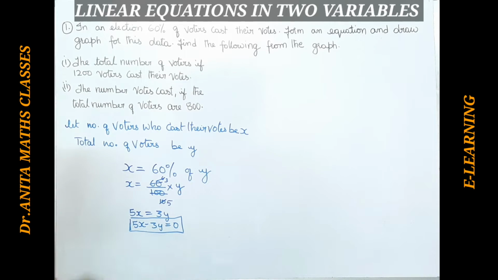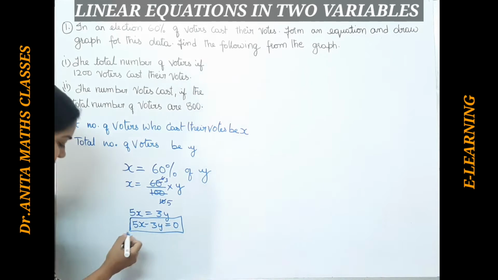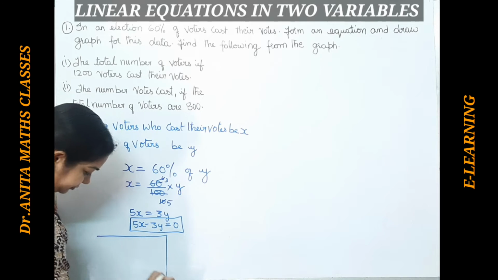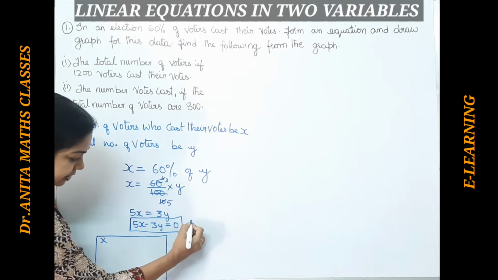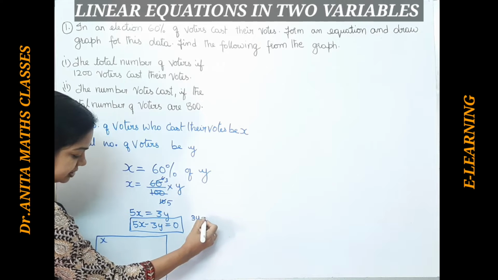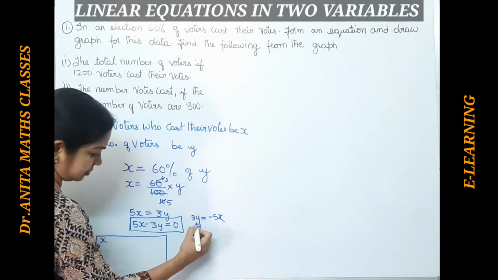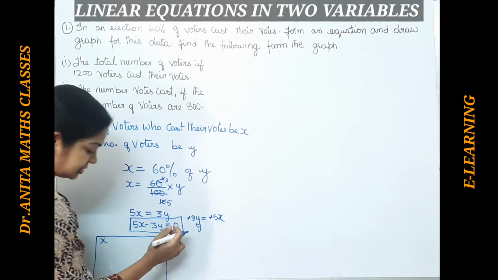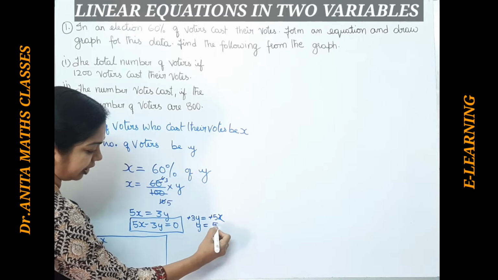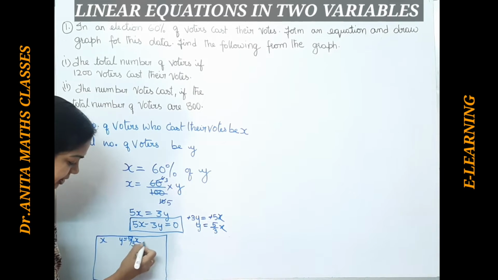For this equation, we have to draw a graph. Before going into the graph, we have to write the tabular column for this. Let me write the tabular column, x and y. From here I can find y. See here, 3y is equal to, if you send this to the other side, it becomes minus 5x. Both sides are minus, so we can cancel it off. y is equal to 5 upon 3 times x. So y equal to 5 by 3 x, and (x, y) is the point. With this we will form a tabular column.